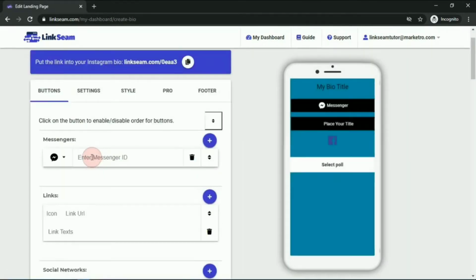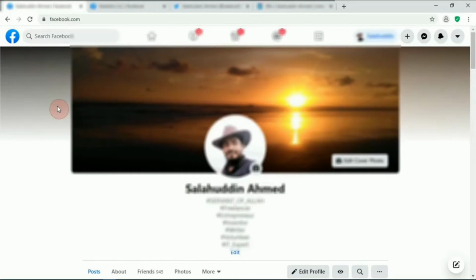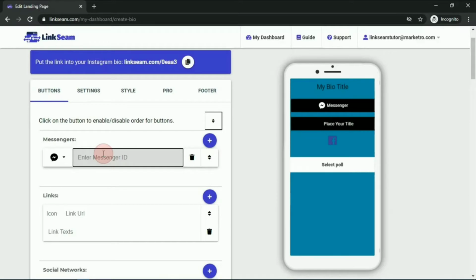So here at first we will add our messengers. As you can see, by default the messenger is selected, so I will enter my Facebook user ID. Open up your Facebook profile. On your profile page you will see after www.facebook.com then /, then you will have your Facebook user ID. I will copy my Facebook user ID, paste inside messenger ID field,